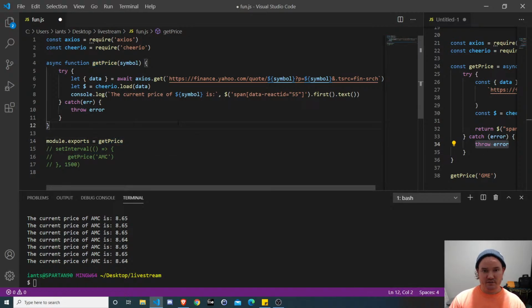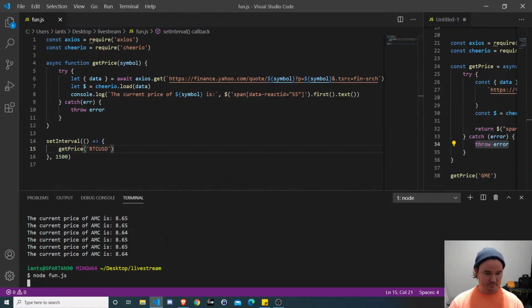So I'm not going to go into that because that's part of a larger program, but just showing you that you can export it as a module, right? It's a function, and you can bring it into a different part, a larger program, and now you've got this thing that can pull live price data from any stock that you want. And like we talked about earlier, I think we can do it with something like Bitcoin too. So we'll do Bitcoin against USD and try that real quick.